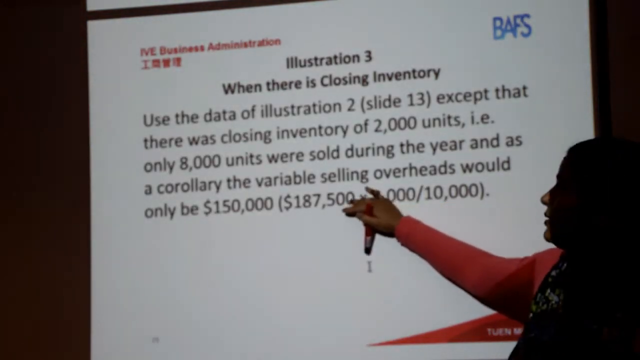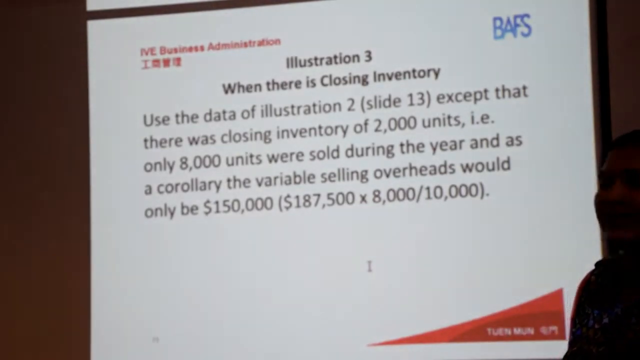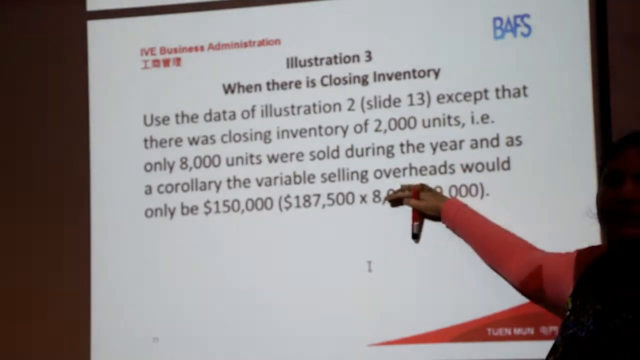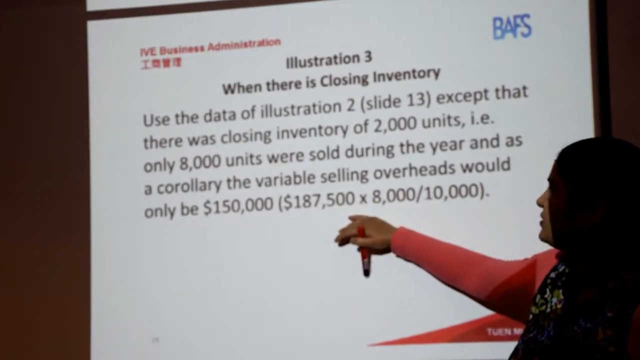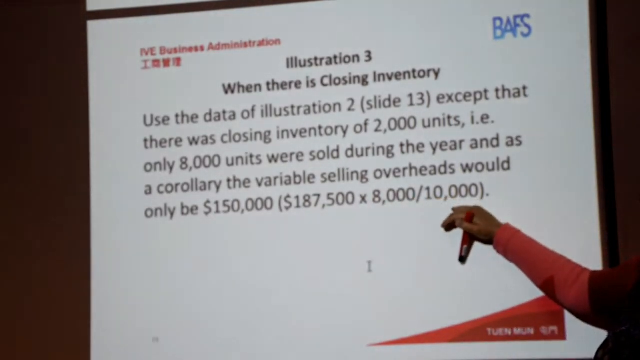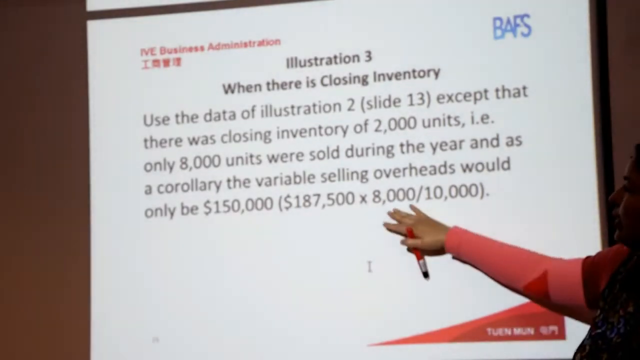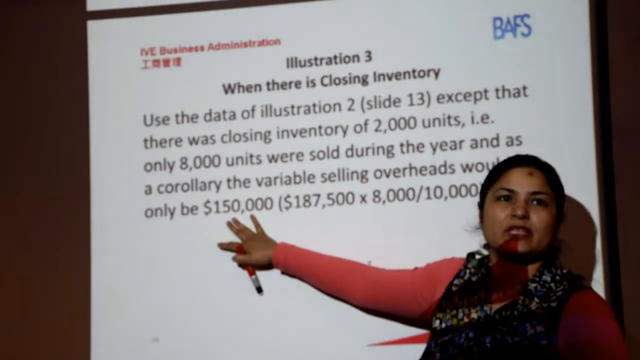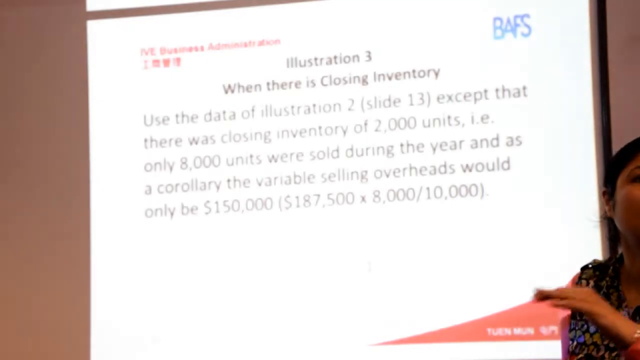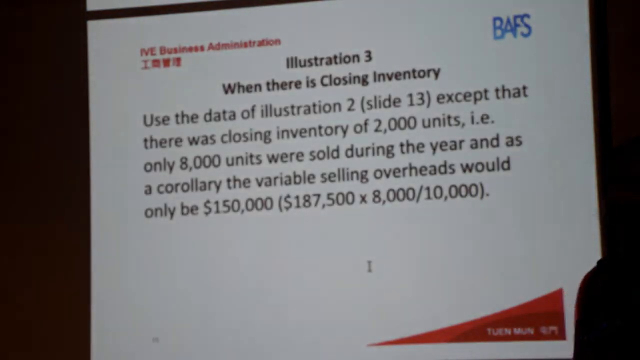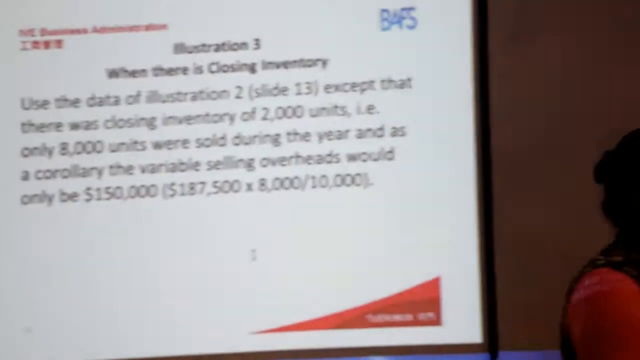So for those 2,000 units we didn't sell, we have to take that cost out from the total variable selling overheads. If the total variable selling overheads was $187,500, that's for 10,000, we have to calculate it for 8,000, and clearly it says that for 8,000 units, it's $150,000, because there was a closing inventory of 2,000. So we are not selling it. Yes. We have to take the cost out for what we are not selling. Right. So the difference between these two will be taken to next year. Okay. Yes. So moving forward,